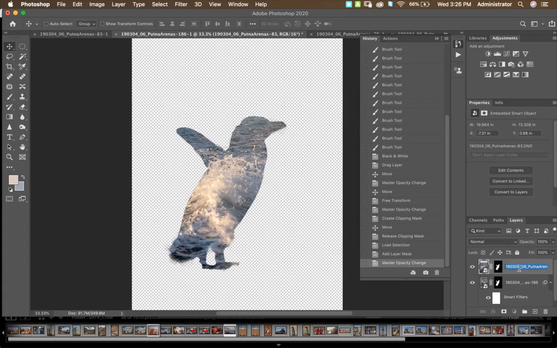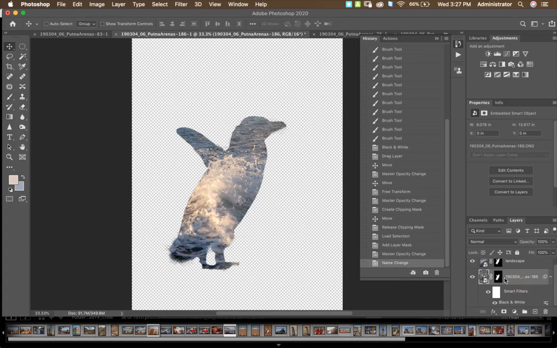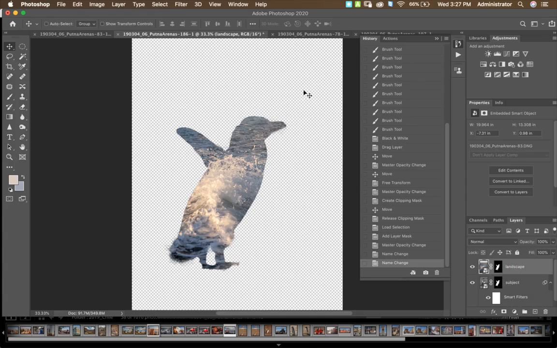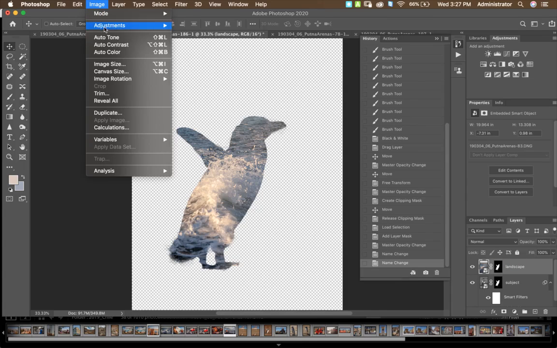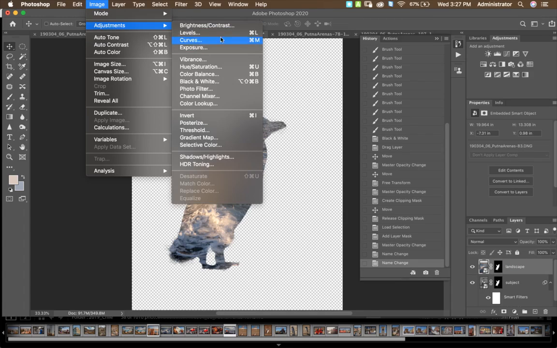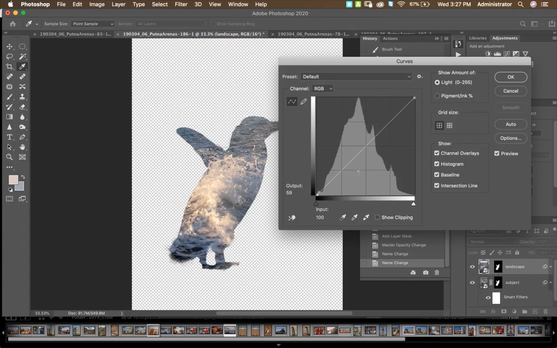All right, with my landscape picture selected, in fact, I'm just going to call this landscape, and I'm going to call this subject, just in case there's no confusion, so you guys can see. All right, I'm going to have my landscape selected. I'm going to go up to image adjustments again, and I'm going to do a curves adjustment. And it's going to work just like it did before, and I'm going to do a pretty significant S-curve,